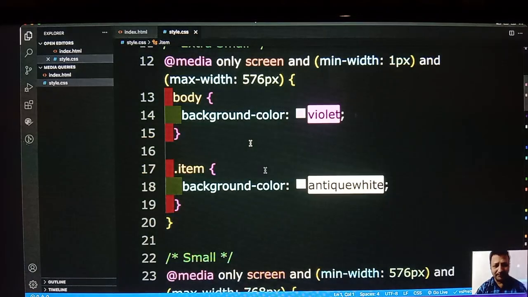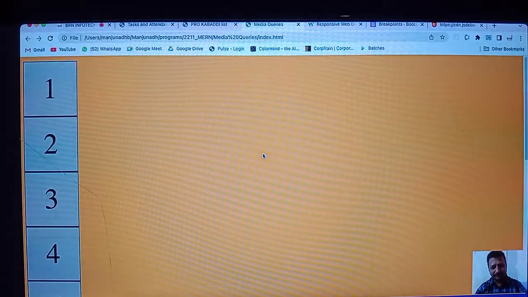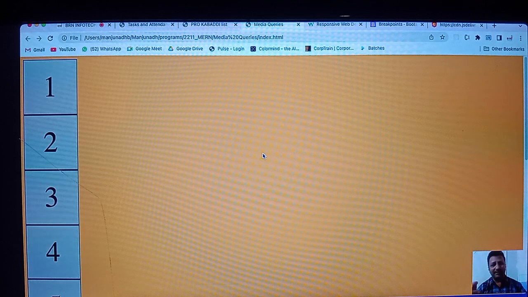Now I have given only background color. Now I can give different styles like shadows. I can give different sizes, different shadows. Or simply speaking, what I wanted to do: if it is a bigger screen, I wanted to show side by side. If it is a small screen, I wanted to show one below the other. So what I will do,